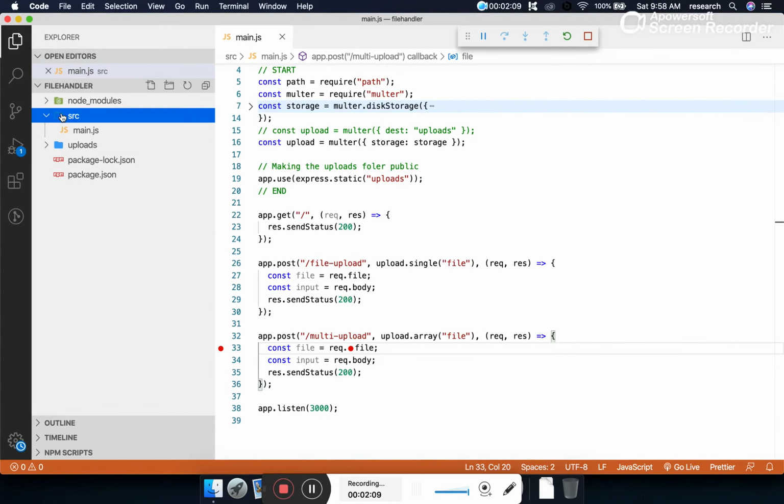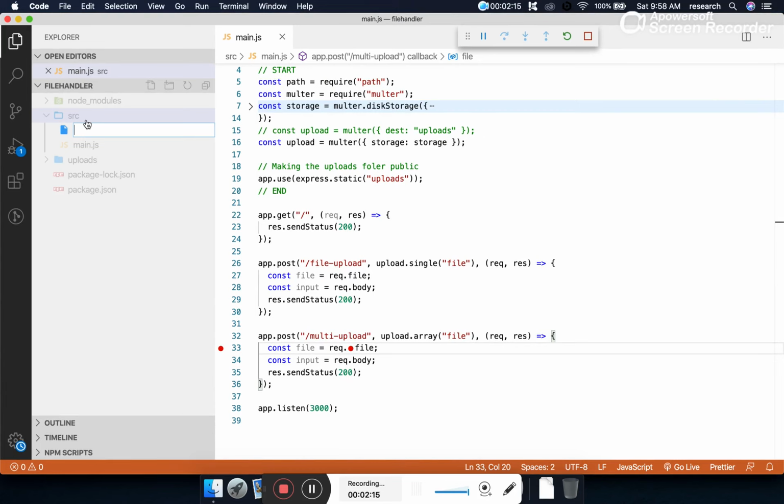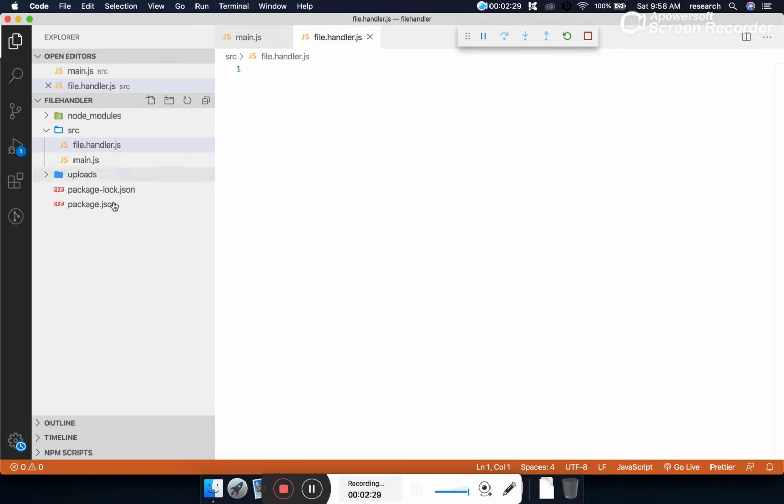So now let's perform the database operation. To add this reference into the database, I will be creating a new local module, and I will be calling it file upload.js, or file handler.js, or file module.js, whatever name you want to keep.